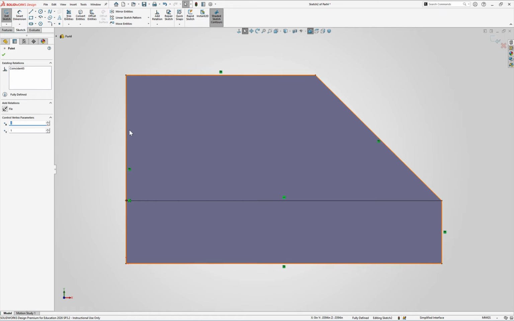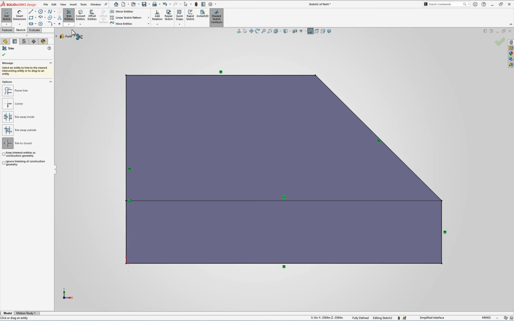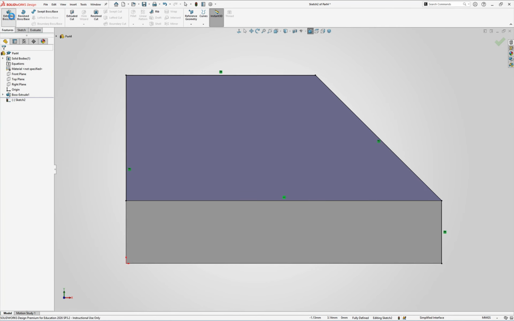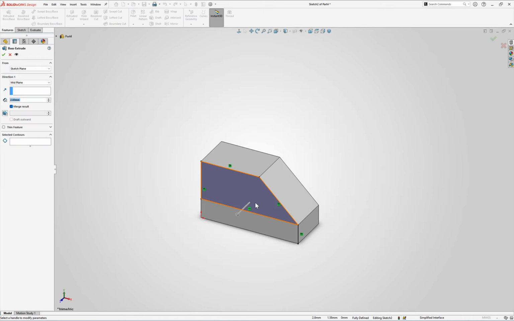All right, so now I'm going to go into trim entities. I've tried all these other options. Trim to closest is by far the best, easiest to get what you want. Just like it sounds, trim to closest. We talked about in class, but I need to trim this one, and I need to do this one as well. If I left these two edges, it would create a non-manifold geometry, an infinitesimally thin plane. And just to prove it, if I told you guys it would cause errors, notice how yellow is not popping up. If I go ahead and say okay,